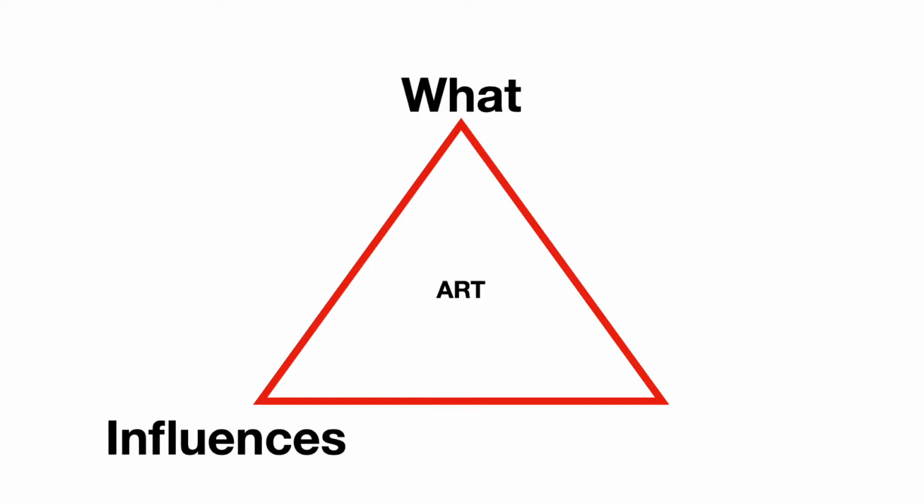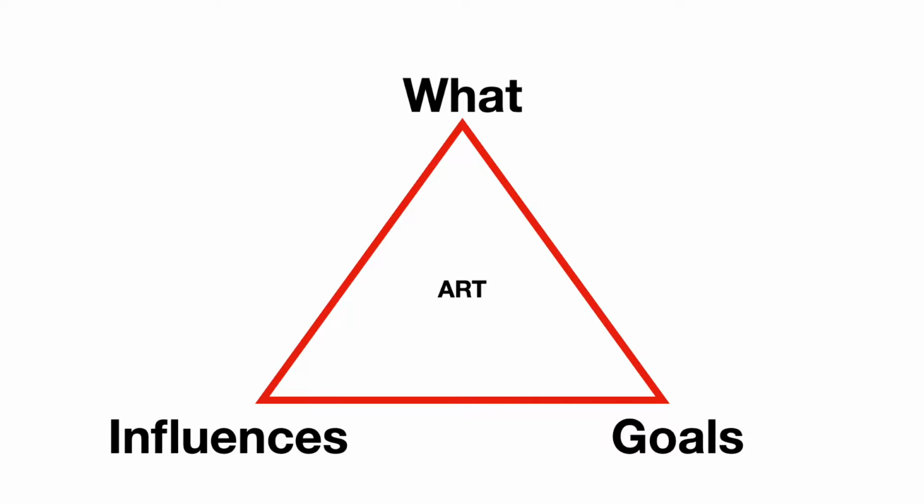And then after that, in the next corner of that triangular shape, you want to write the word influences. So in that one, you're going to take again a couple sentences or a short paragraph talking about what inspires you. What's inside your mind, your heart when you walk into the studio and you create the art. And then the last corner of that triangle, you're going to talk about your goals. What is your end goal as an artist with making the art? And again, it's a really beautiful way to finish up a very simple, straightforward, and clear artist statement.